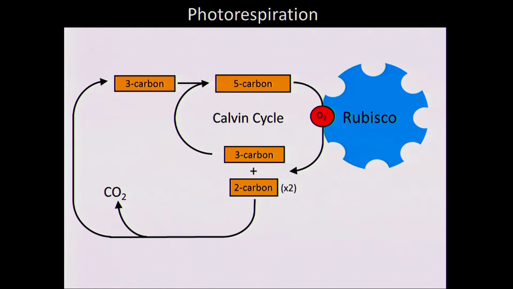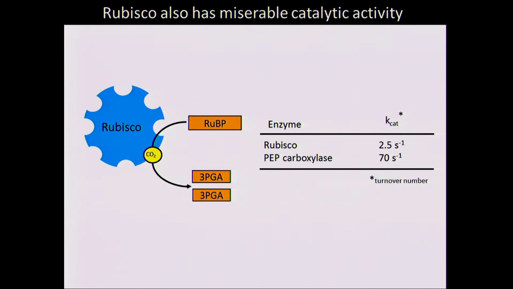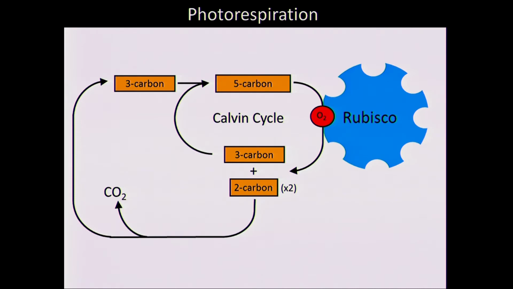Rubisco also, it turns out, has a reaction with oxygen, the oxygenase reaction. In this reaction, this 5-carbon compound reacts with oxygen to form a 3-carbon compound, which can go back into the Calvin cycle, and a 2-carbon compound, 2-phosphoglycolate, which is poisonous, and the plant has to try and get rid of this. They evolved a pathway called photorespiration, which returns a 3-carbon compound to the Calvin cycle and salvages about 75% of the carbon. The downside of this is that this process also releases some of the CO2 that was fixed